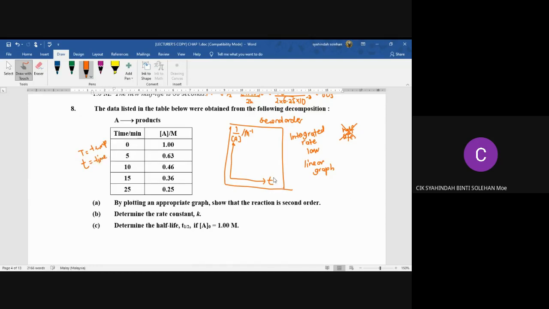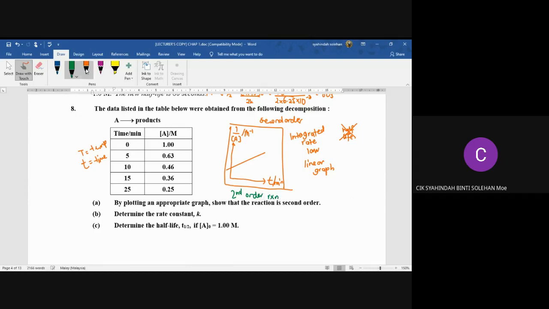T kecil, and then in this case dia bagi minit, you buat je minit, you jangan ubah apa-apa. So I hope that you get a straight line graph macam ni. Bila you dapat straight line graph macam ni, that shows that it is a second order reaction. Okay, bila you dapat straight line macam ni, terbuktilah you dapat second order